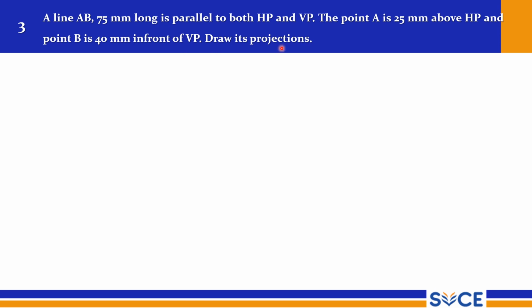So draw its projections. It means that we have to draw both the top view and front view, or in some cases they may mention to draw the plan and elevation. It is also the same. Plan is nothing but your top view, and elevation is nothing but your front view. In a few problem statements you may find this terminology. So we need to draw only the front view and top view, no question of side view. As usual, to start this problem, draw the XY reference line first,